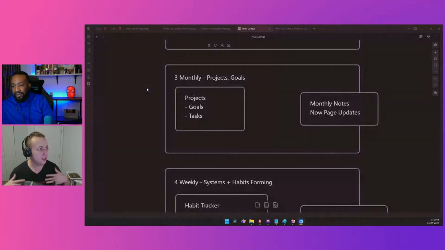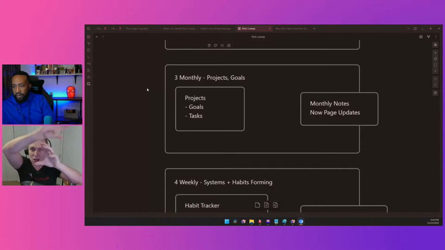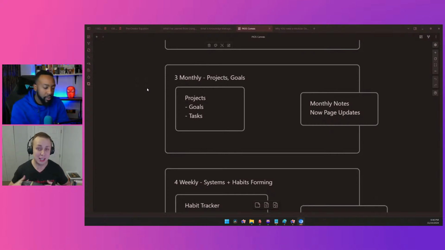So, we're talking about knowledge management for polymaths, and this is where it gets more nitty gritty. You start getting into the micro details. My whole deal was that if you're using a knowledge management system, generally you're going to have a couple different layers. You have projects and then tasks, and then maybe another layer on top of it organizing your projects. What I really wanted was multiple layers, and that came from that same polymathic mindset where I needed to keep track of my projects, but also the tasks and goals, and on top of that, each of the phases, which are all different areas of discipline that I'm working on.